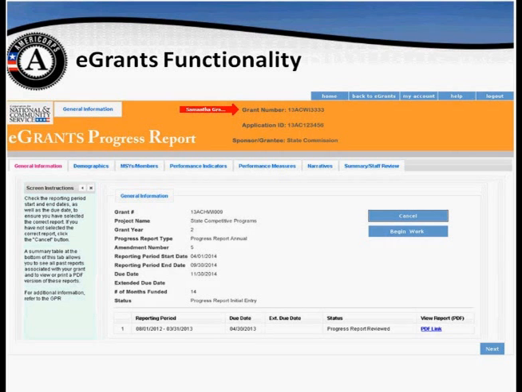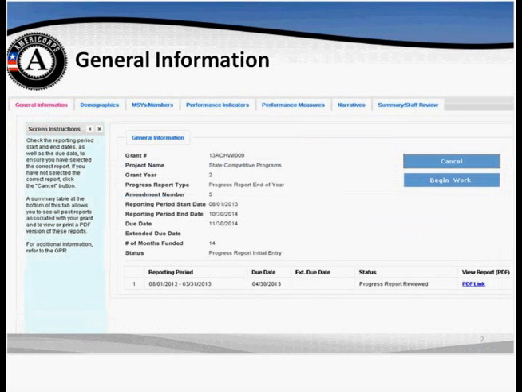Okay, so let's move on and talk about the navigations that are specific to the GPR screens. This is just a more magnified view of the previous screen. The GPR consists of 7 sections accessed via tabs. As I mentioned, we are looking at the general information page. Also contains the demographics information, MSYs, members tab, performance indicators, performance measures,